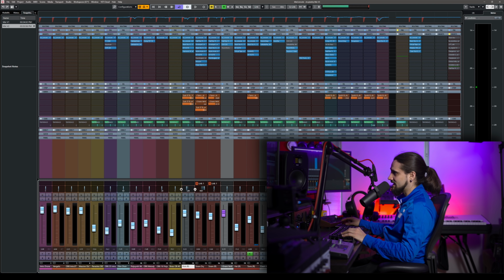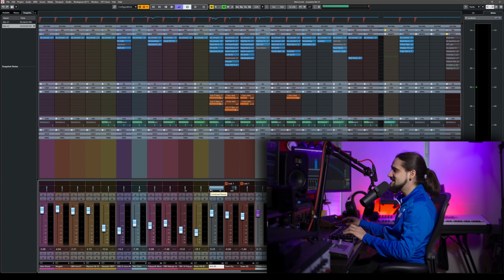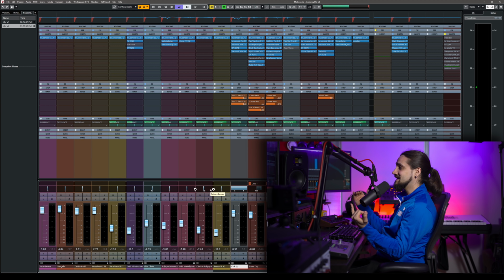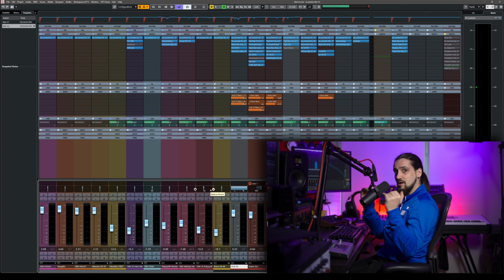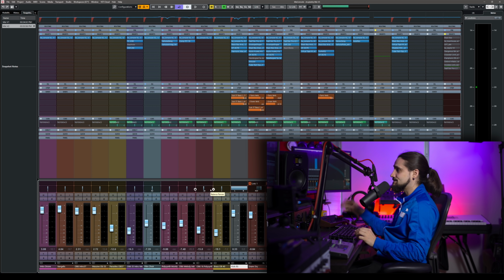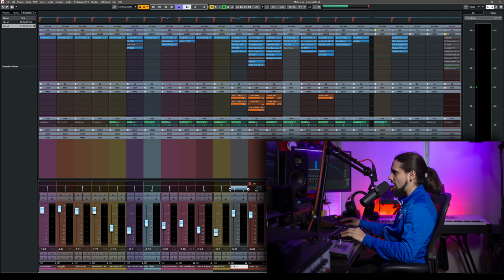As you can see, there's an icon here. And now we have a combined panner. Now this allows you to not only pan left and right, but also to narrow the stereo image of that specific channel. So for example, I can have the left channel panned to the right and the right channel panned to the left. Or maybe I can make it narrow and move it across, see?